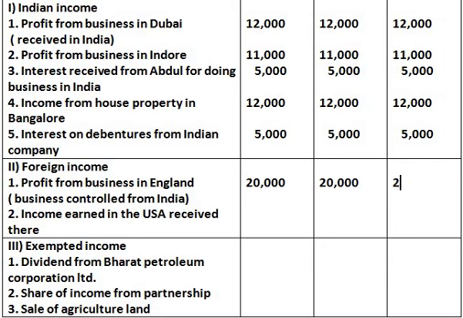You're taking this 20,000 rupees only in two columns because it is foreign income but controlled and managed from India. That is the reason it is taxable to ordinary as well as not ordinary resident only. Coming to the next foreign income, that is income earned in USA and received there itself.